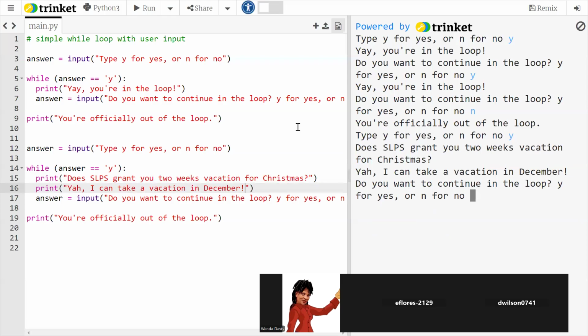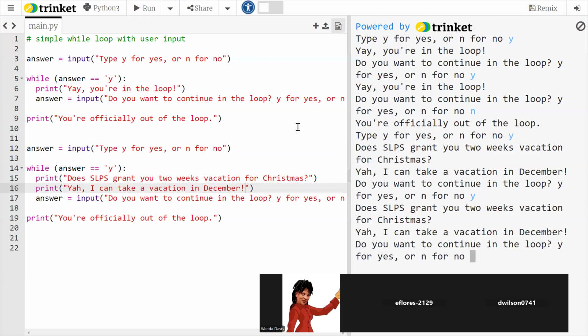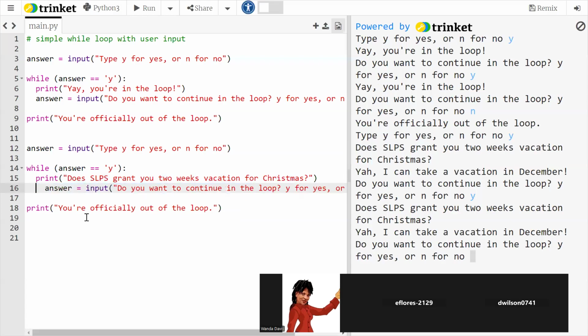And if I say yes, it keeps me in the loop. So yeah, I don't want to print that. So it still keeps me in the loop, right? If I say yes, it asks again, does SLPS,